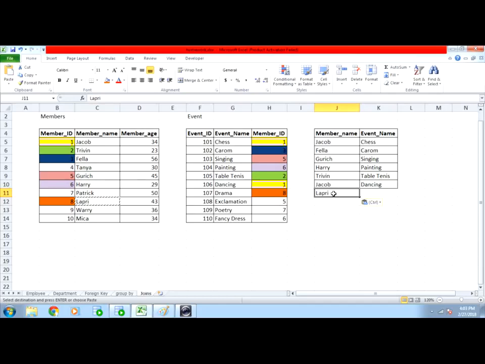This Lapri is going for the drama event. 5th we already know. Who is 5th? 5th is Gurich. Gurich is again participating in a second event, that is elocution.